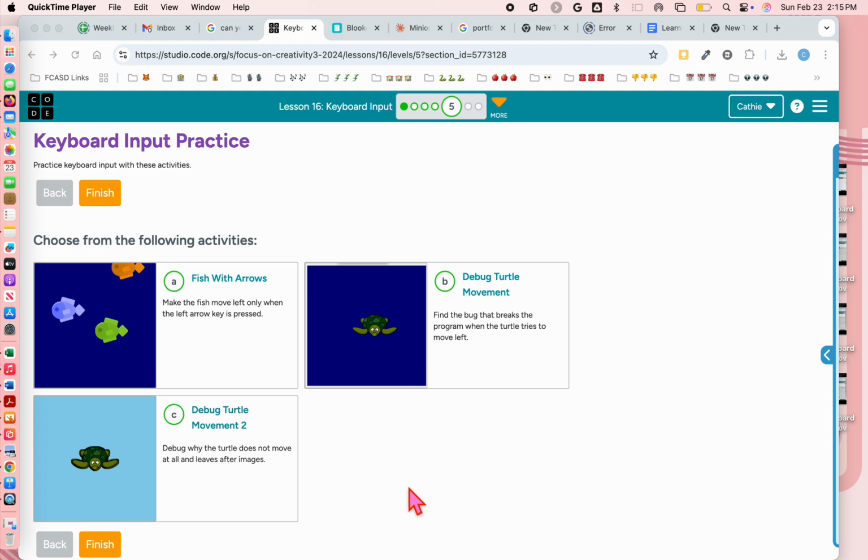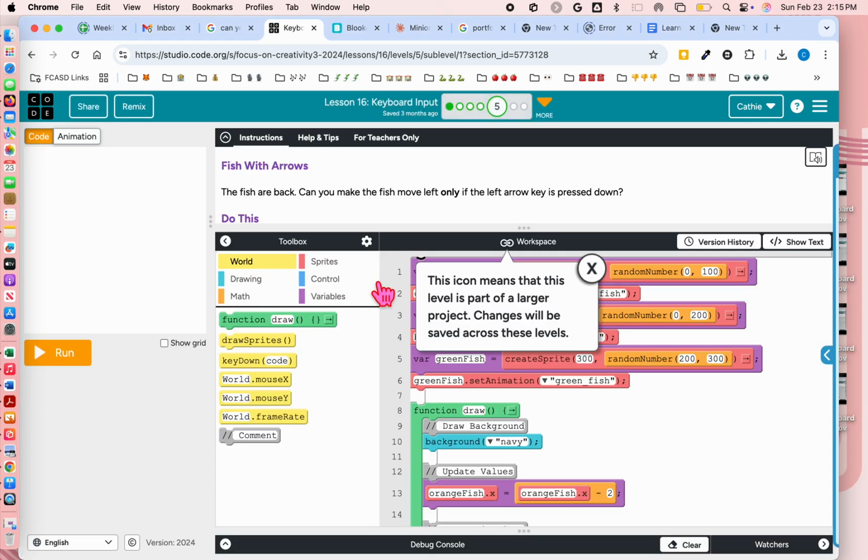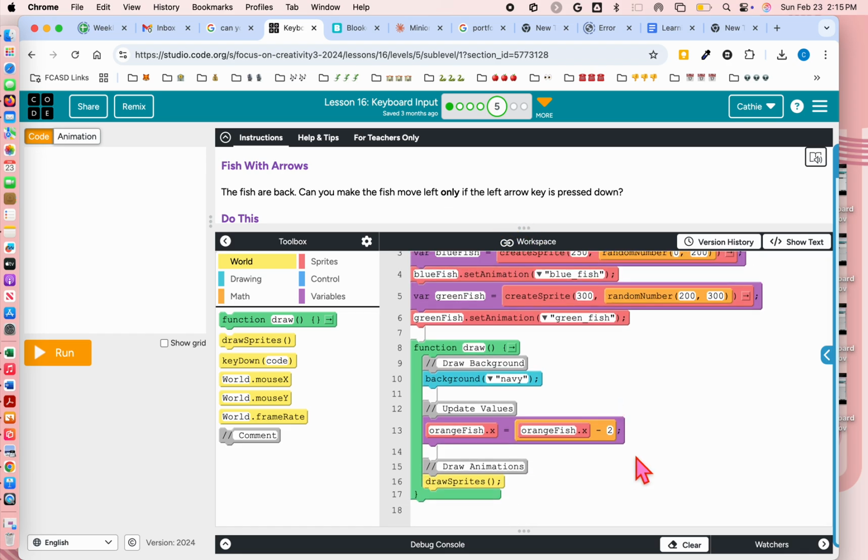So we are on the practice section. I'm going to do A, B, and C all in one fell swoop. So let's go, because, besides gears, we love our fish. Now, this icon means that this will travel with us, and I feel like I should have these other two